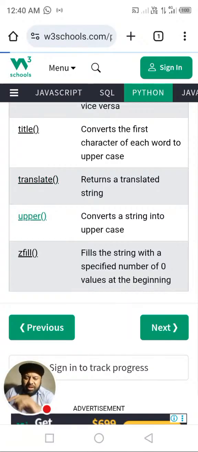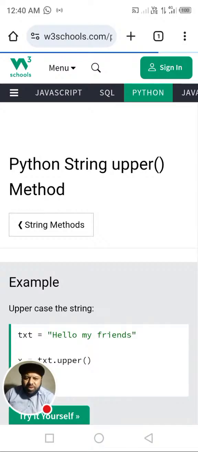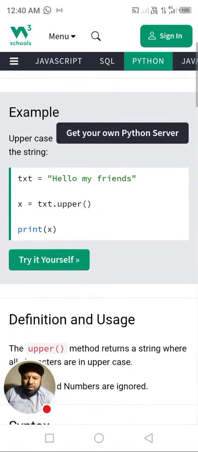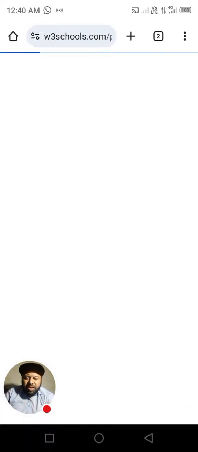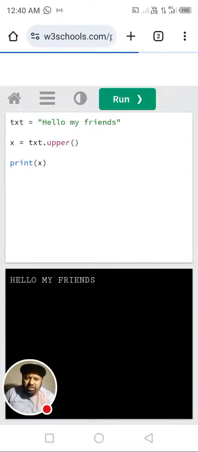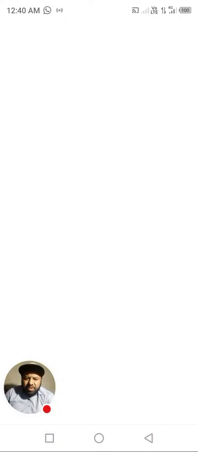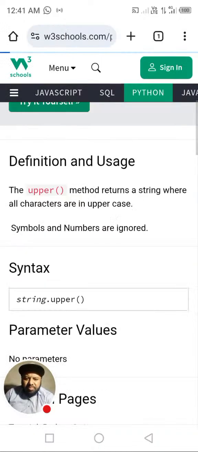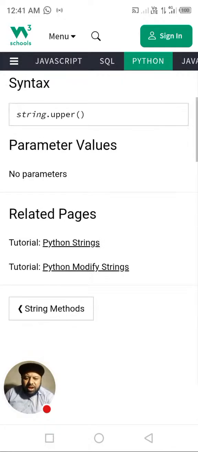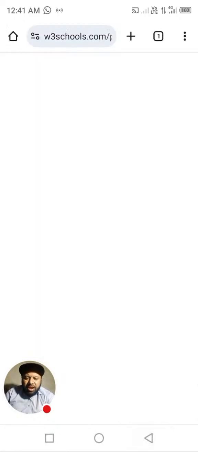Now, convert a string into uppercase letters. Very easy, and I hope you have understanding. Here it is: "Hello, my friend." All the letters will be converted into uppercase letters. Whenever it finds small or capital letters, all become uppercase. The string upper method takes no value required, and we reach the end of this